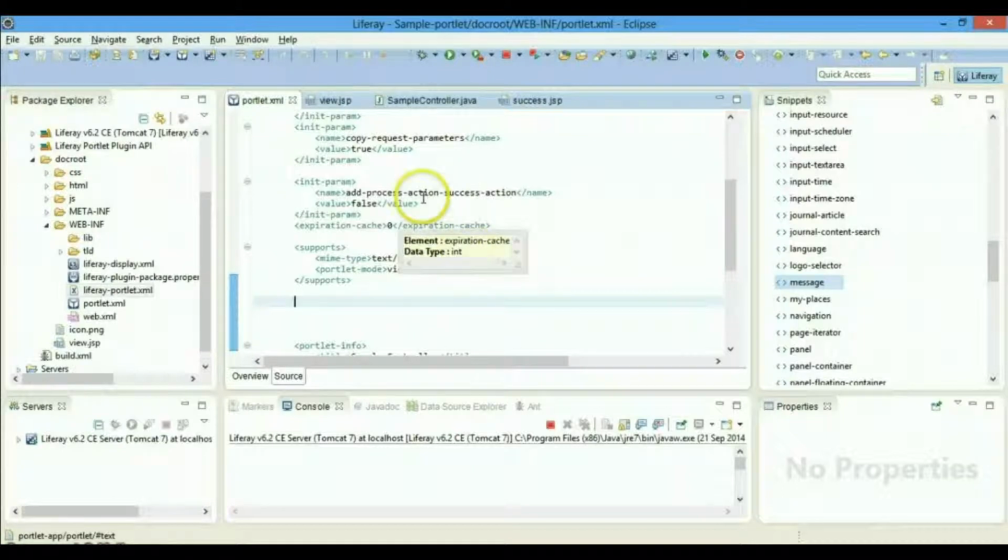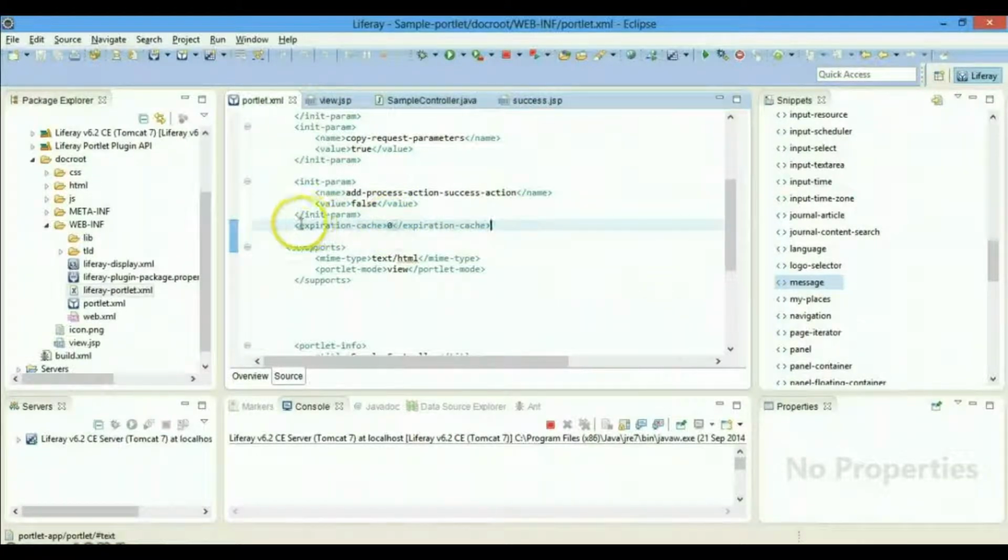It takes an integer type of value. Here we need to specify how many seconds the cache should be alive. If you set 0, that means every time the value would be fetched from the database, and every time the new output of the portlet will be rendered and shown to the front end.